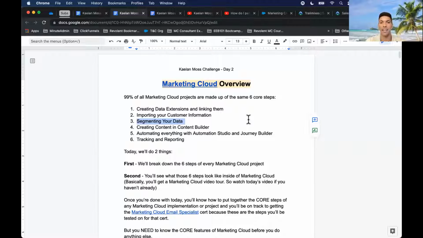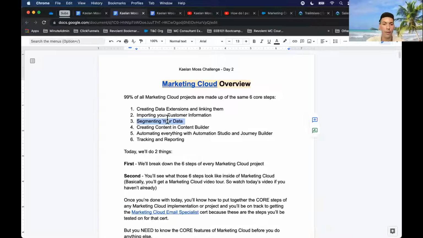You're probably not going to even open that email, right? You're not going to check that text message or go to that landing page because snow boots don't matter to you. You're ready to go to the beach and put on flip-flops and board shorts and go surfing, right? So segmenting your data is extremely important because you've got to talk to your audience the right way, or else nothing you send out is going to really resonate with anybody there.